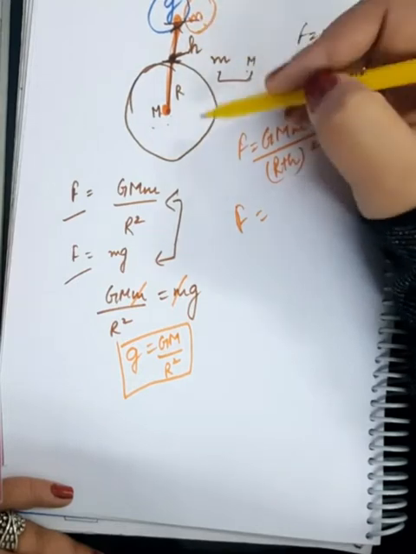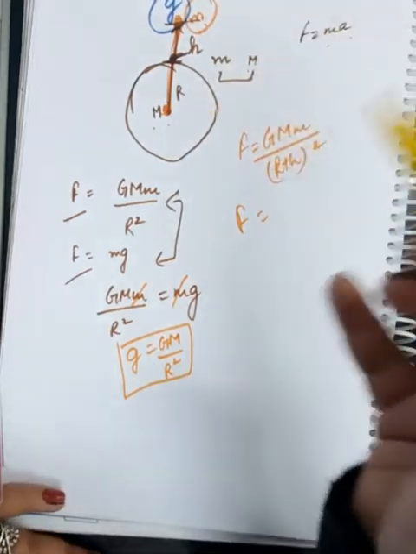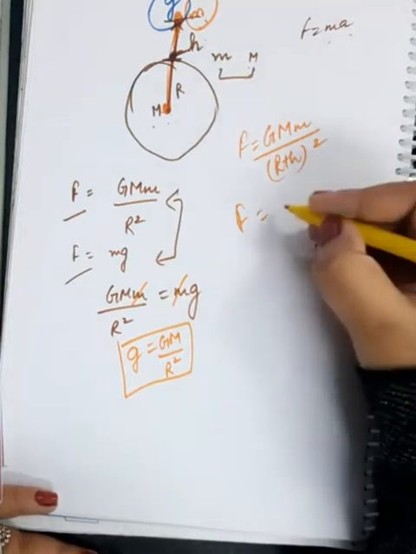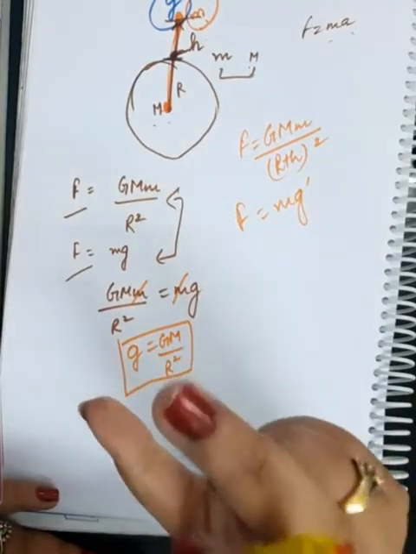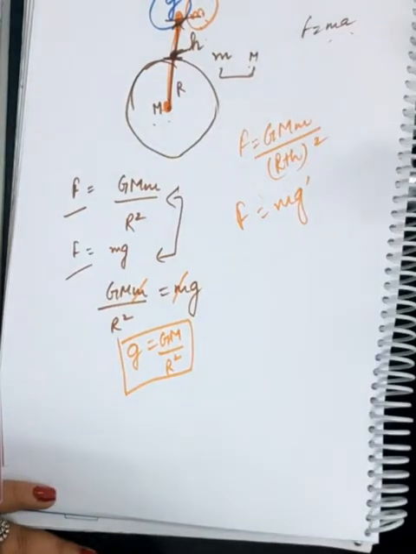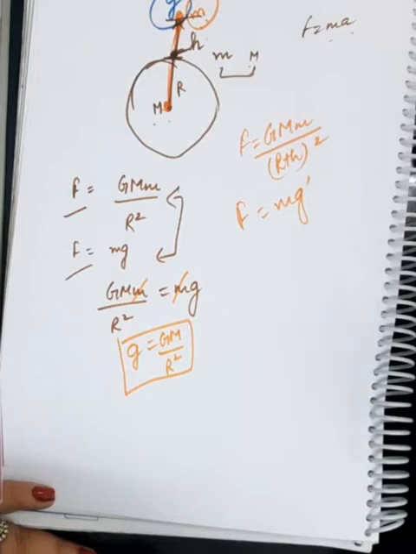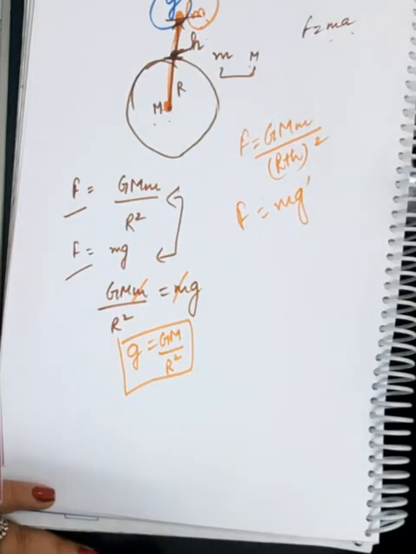Same way, that force which will now be acting on this mass, since the Earth is attracting this mass because of its gravitational pull, and gravitational pull is a force, and every force means mass into acceleration. So even when the object is raised up to a certain height, Earth is attracting it and it is facing an acceleration, and that acceleration is not ordinary, rather it is the acceleration due to gravity. So this will become mg dash. This g dash is a new one. This g dash is the acceleration due to gravity when the object is raised up to a certain height. I told you that when you raise the object to a certain height, or take the object down to a certain depth, the value of g changes, and we have to find out the amount by which it changes.